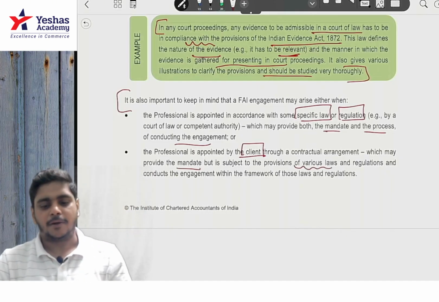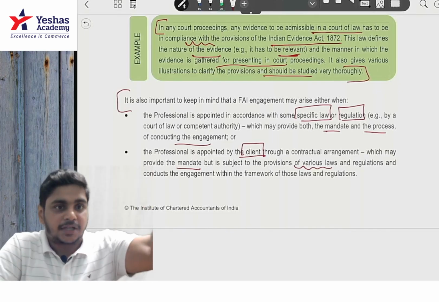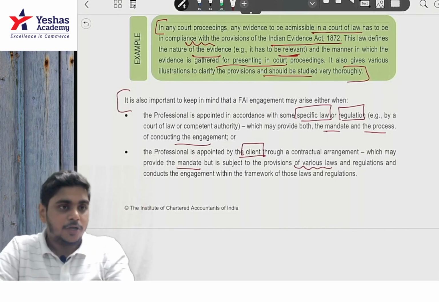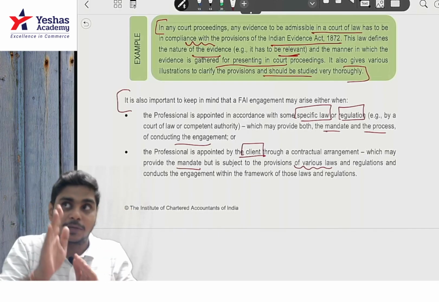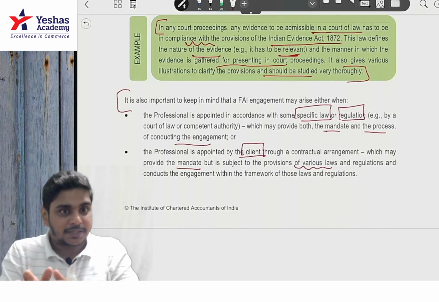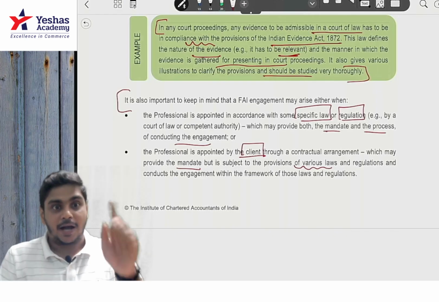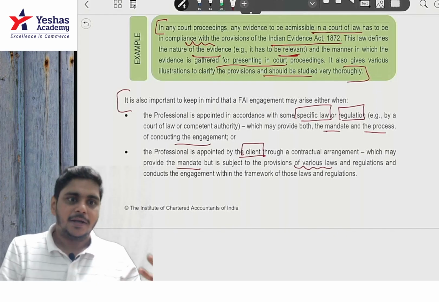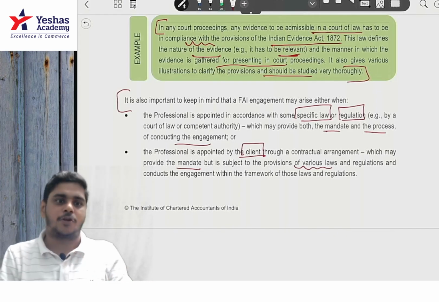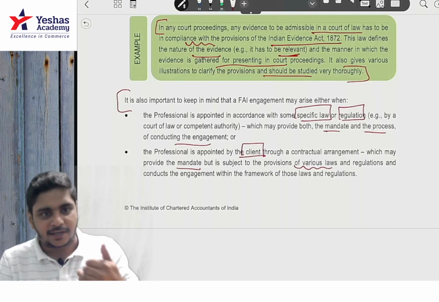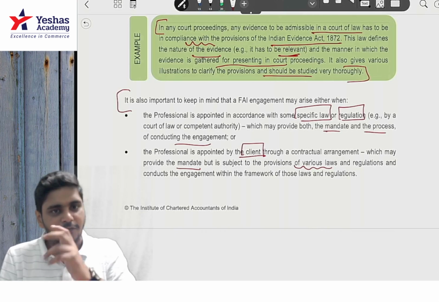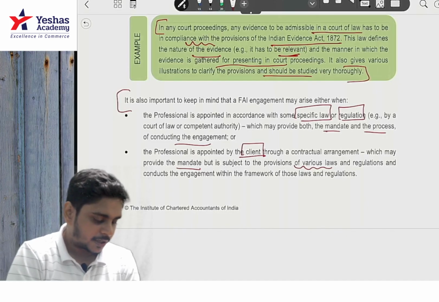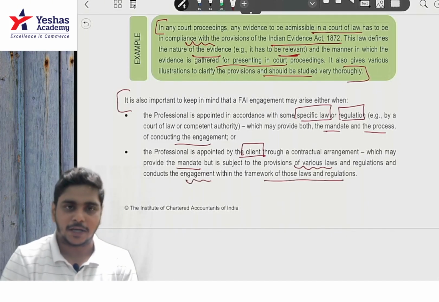That means if HDFC Bank appoints you, okay, Mr. A is doing a fraud, please find out. So you want to check the call records of Mr. A. HDFC Bank will not give you that authority, that has to be given by Government of India. So the process can't be governed by HDFC Bank. But if the authority is income tax people, Government of India, SEBI, if they are appointing you, obviously they will give the power with process also. But when it is a client and customer relationship, the process would be very difficult. The professional works within the provisions of various laws and regulations and conducts the engagement within the framework of those laws and regulations.